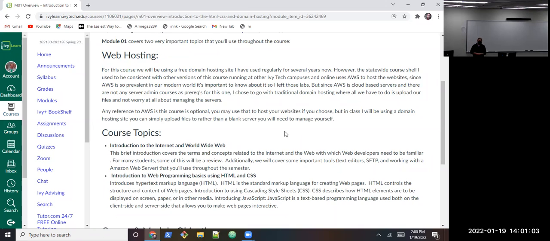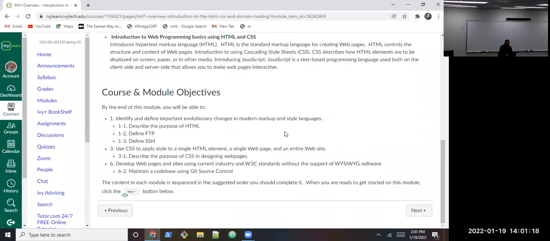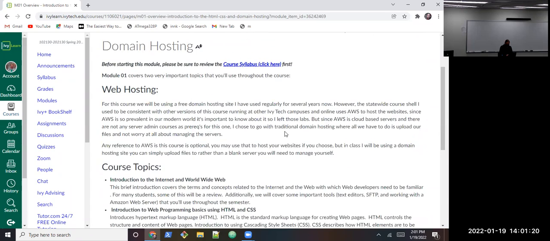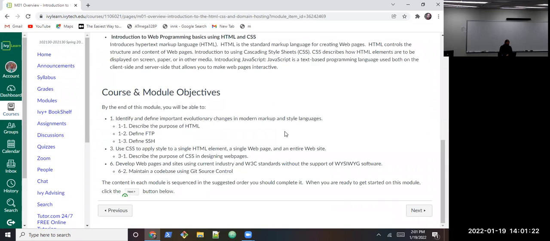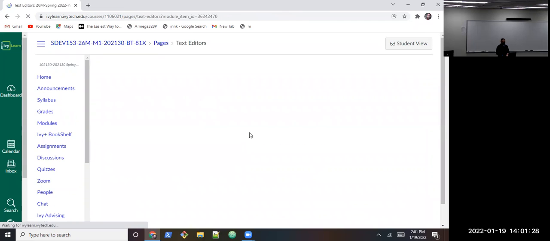So I'm going to tend towards that, but I did not delete the AWS stuff that came in the course shell. So I did leave that there. You should receive an email about the AWS stuff. So I'll look at that. There's an assignment here. So for the web hosting one,